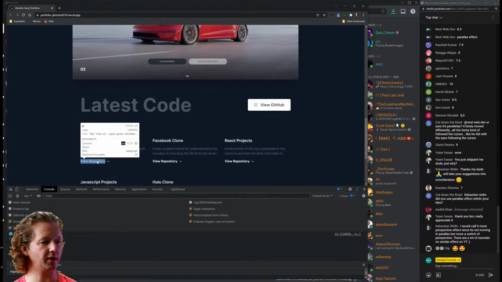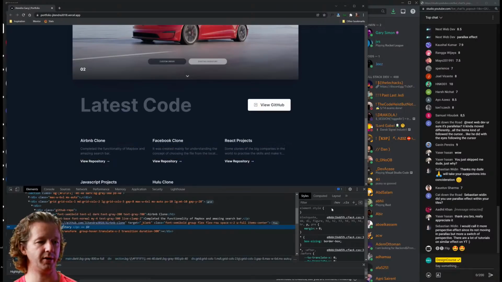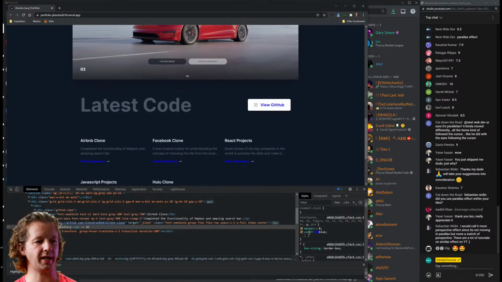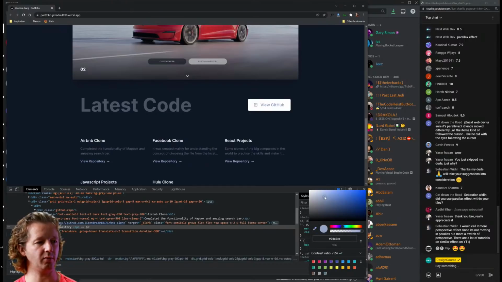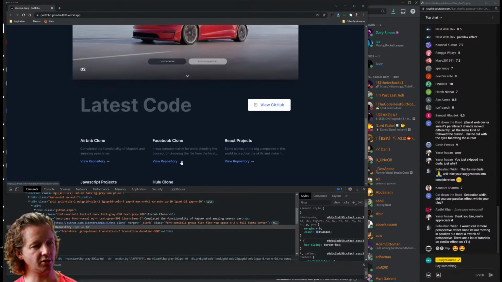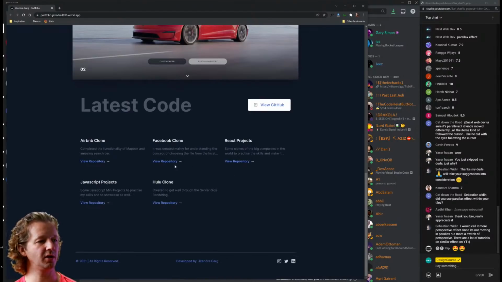So if I click here and we change the color, not that blue, obviously, what we do is grab the background and we'll go up. You could do something like that and also change the little arrow to the same color. That way it's structured a little bit differently, and this view repository button doesn't look so close to being styled as the little title or label.